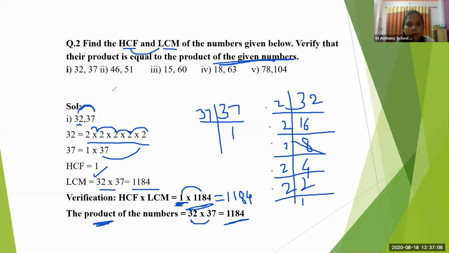So we found first HCF, then we found LCM, then we multiply HCF and LCM because we have to find the product. Product means multiplication. Now HCF into LCM is equal to, HCF था हमारा 1, 1184 हमारा LCM था, and the answer we got is 1184. Now product of the numbers 32 into 37, we got 1184. Understood? Clear everyone? Again I repeat this, please pay attention now.